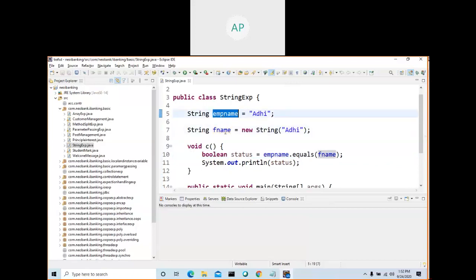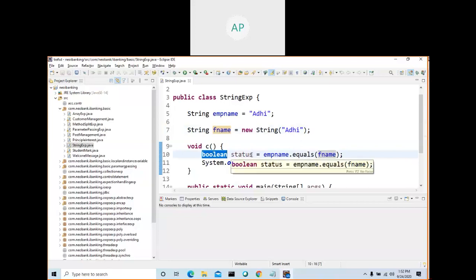So it's a reference variable pointing to an object. Where is your object created? It is created in memory, in heap memory. In the RAM, you allocate some space. By default, Java will allocate some space, and in that space all your objects are created. So read what is heap memory and what is stack memory. See here, when you create an object, it is created in the heap, and this one will be in the stack because this is a local variable. This is created in the stack memory. Read, you will get enough knowledge.